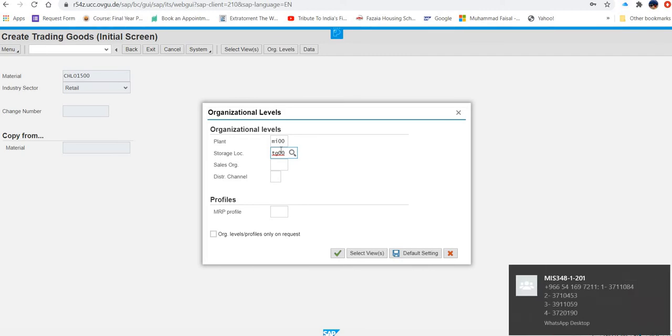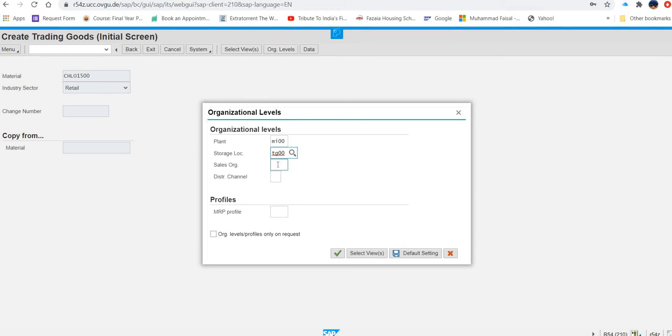And then sales organization UE00, and then distribution channel is WH. And then after entering all this, just click here.